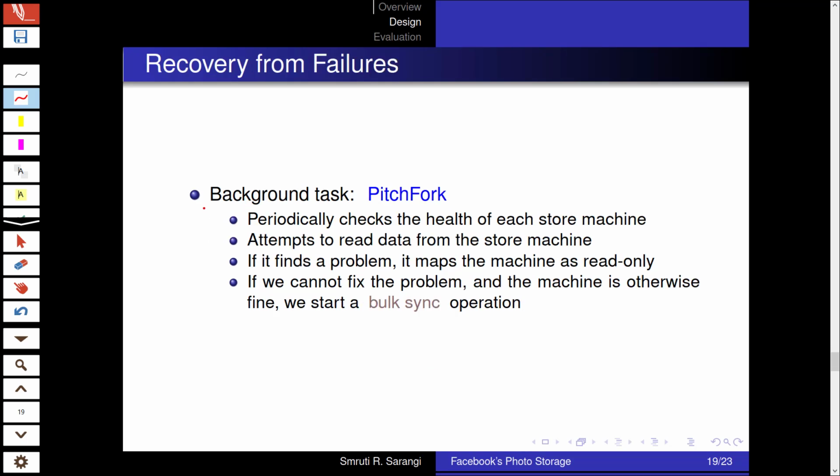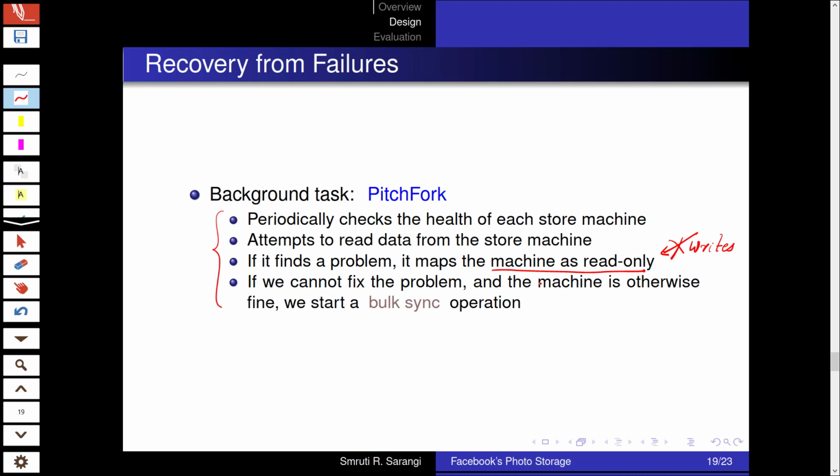Recovery from failures. A background task called Pitchfork runs. This periodically checks the health of each store machine. How does it do that? It attempts to read data from the store machine. If it finds a problem, or thinks that the disk is not accessible, a problem in the disk or a problem in the network, it marks the machine as read only, which means that new writes are not sent to the machine.